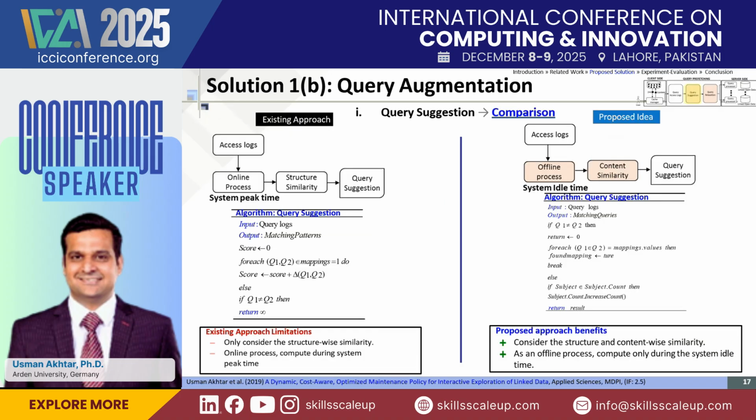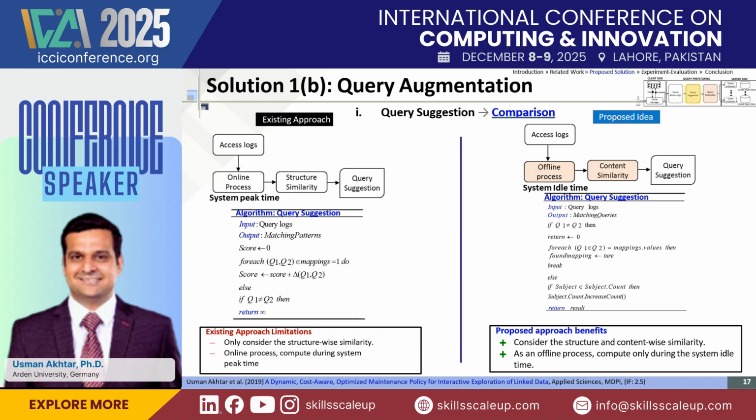And to implement the query augmentation, we use two techniques we call query suggestion and query relaxation. This is also innovative because it is not used in the state-of-the-art approaches. This technique analyzes past queries to identify patterns and suggest similar queries that might be issued in the future. For example, if a user frequently queries for information about universities, our system will suggest